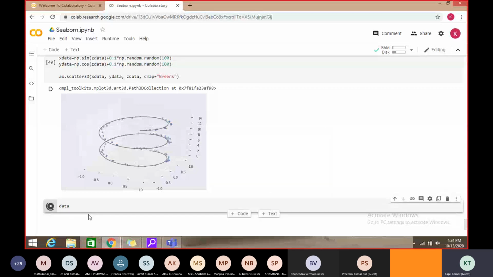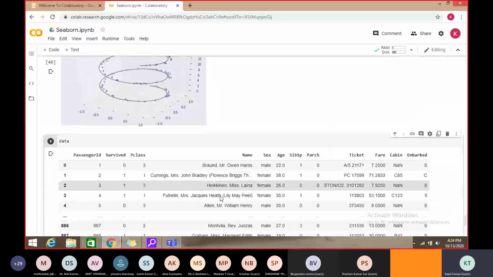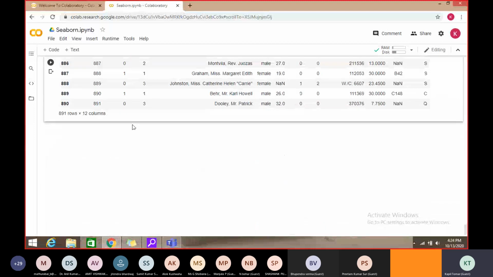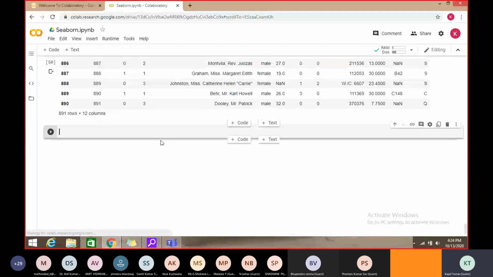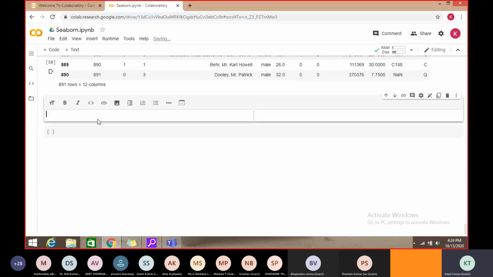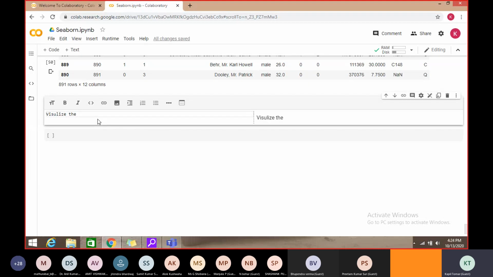So in the data, this is the data which is available in Titanic ship CSV or train.csv. If we want to analyze all the graphs available in a single line, we can just visualize, see everything.